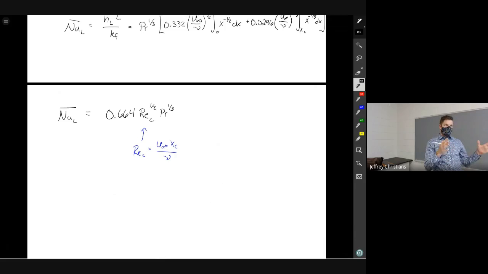So that's the same model as laminar flow, that's just the laminar part. And then we would get a turbulent part, which would be plus